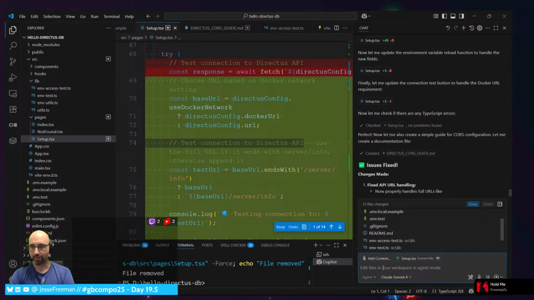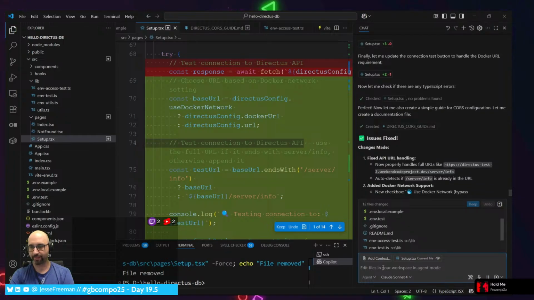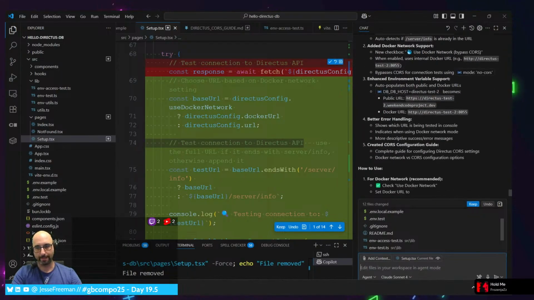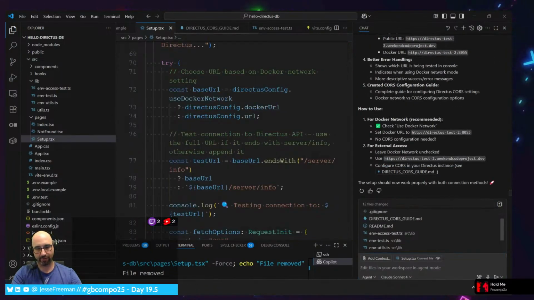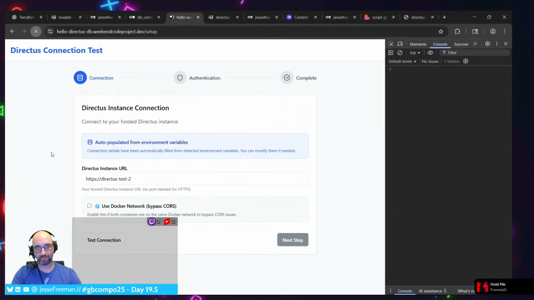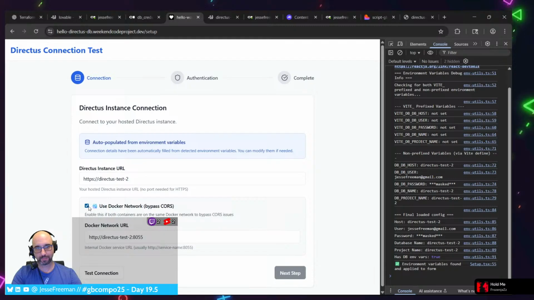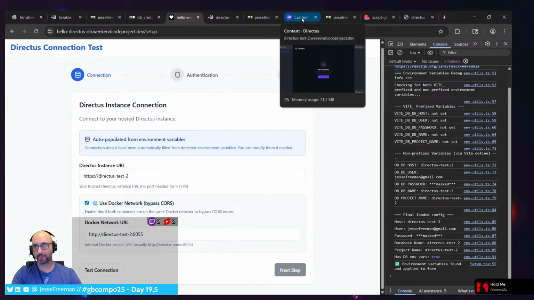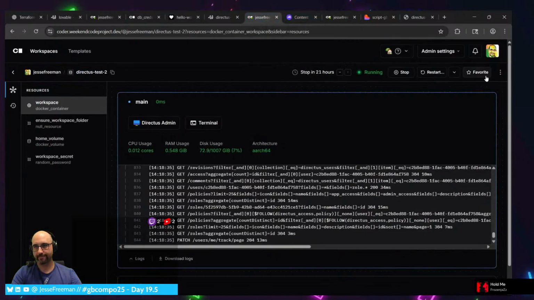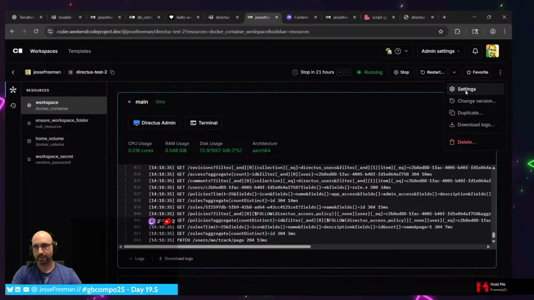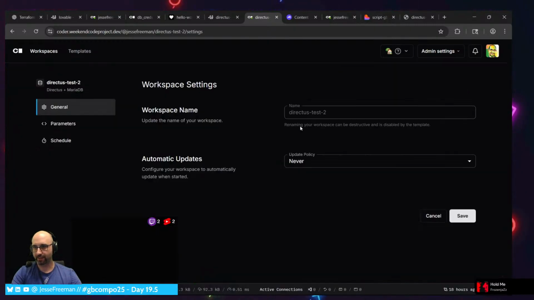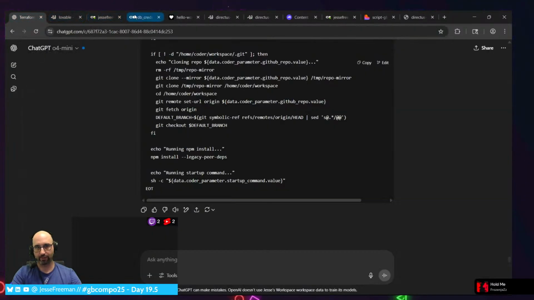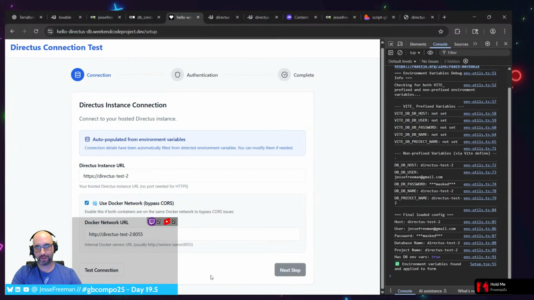All right, let's create a simple guide for the car. I don't care about the guide, just want the stuff. All right, you fixed all this stuff. Great. Let's keep your changes and let's see if this actually makes a difference. This is running on port 8055, so that's correct. Test connection.